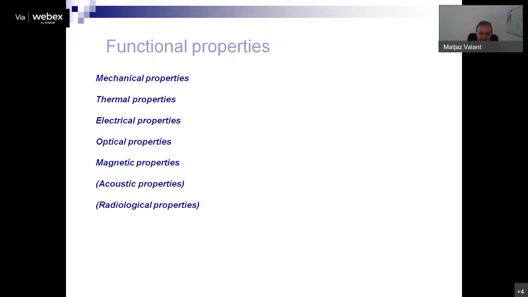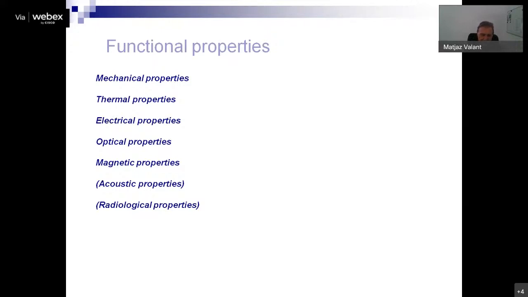Then there are thermal properties, properties about the thermal behavior of the materials. Then we have electrical properties. This will be the topic of tomorrow's lectures. We have optical properties. We'll cover this today. Then there are magnetic properties. This will be given, if I'm not wrong, on Friday during tutorials. And some other properties which we're not going to discuss during this course, and these are acoustic properties and radiological